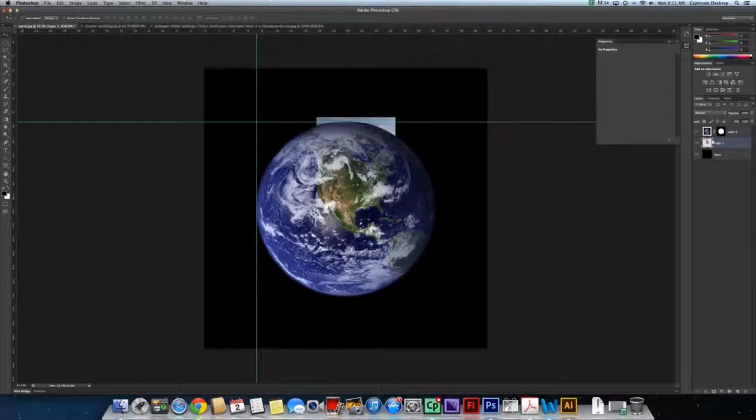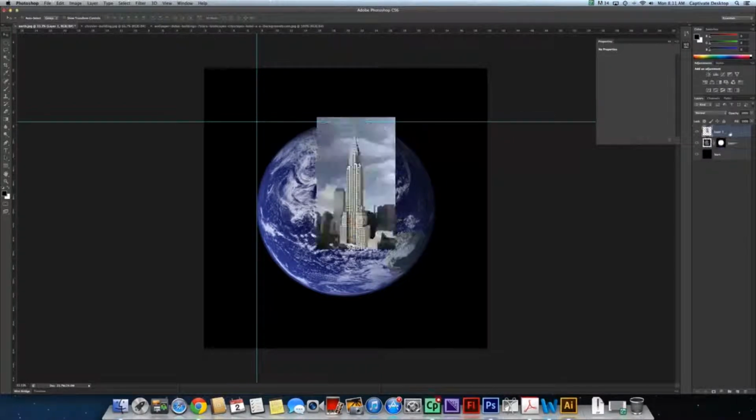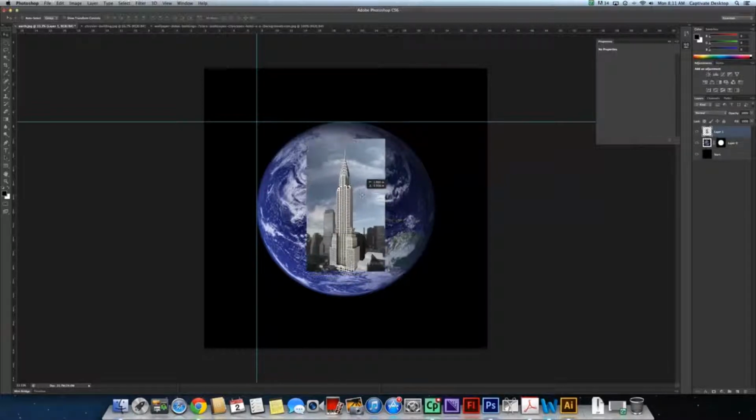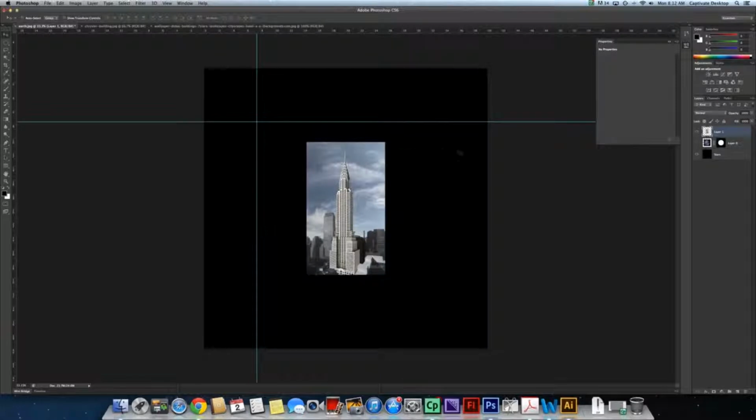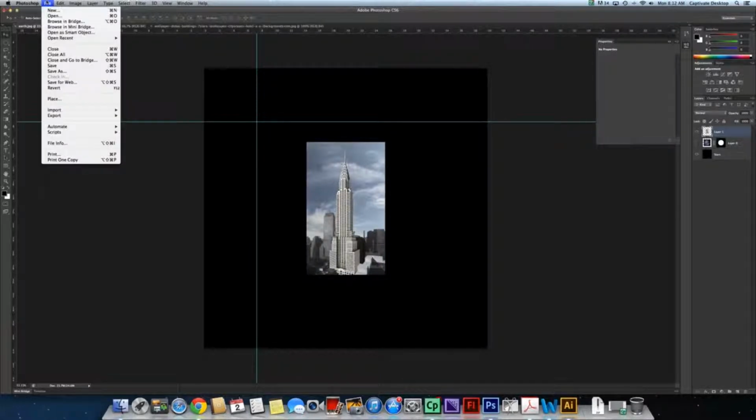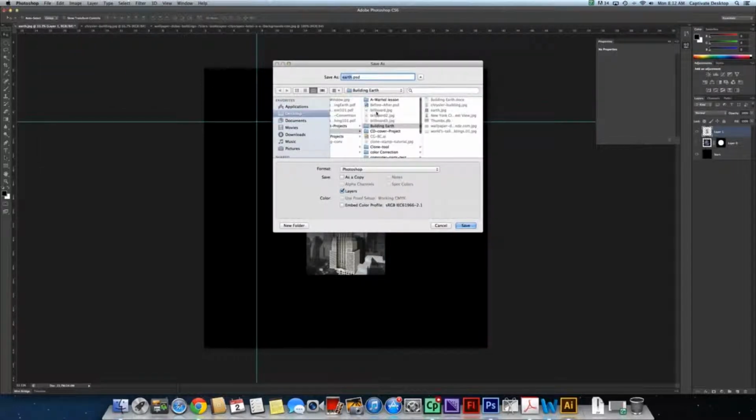And the layer went underneath, so I'm going to just slide that layer right on top, and we can put it right here, and you can eyeball it on your earth. Now this would be a great time to save this project, so go ahead and do Save As,